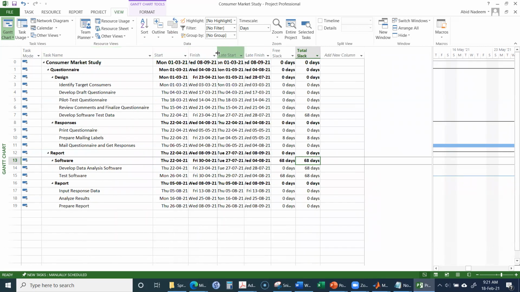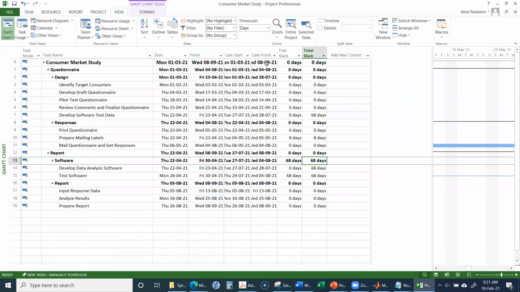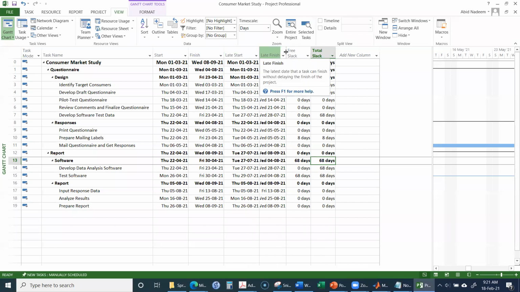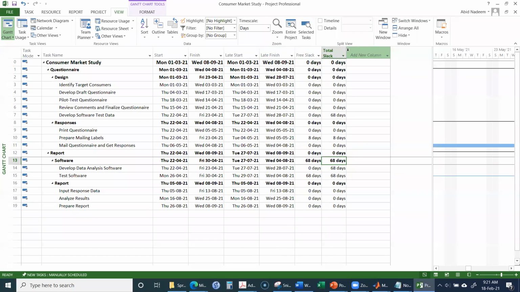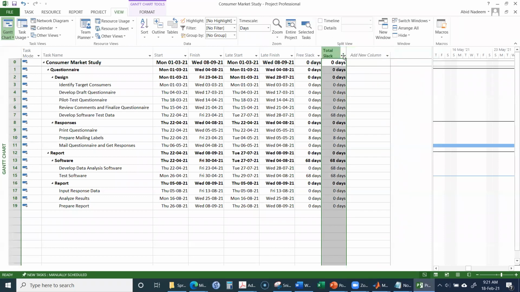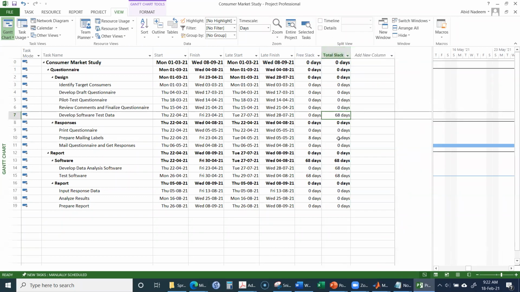Okay, and then the next columns will be early start, early finish, late start, late finish, free slack, and total slack. So in this free slack, total slack, we can see the start, late finish, free slack, total slack. So this is called the